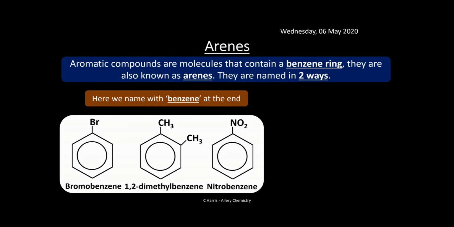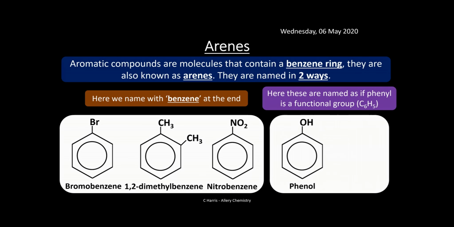And then nitrobenzene is another one. Now, sometimes you can have ones named as phenyl groups. Here we've got phenol, and we'll look at phenol later on in a little bit more detail. Phenol is basically just a benzene ring with an OH group on the end, but we call it phenol for